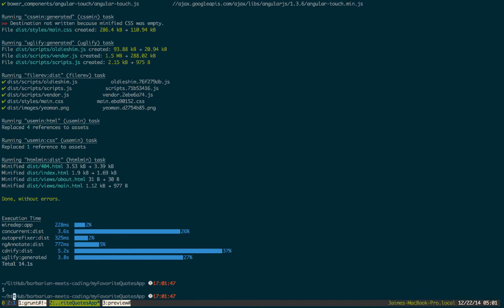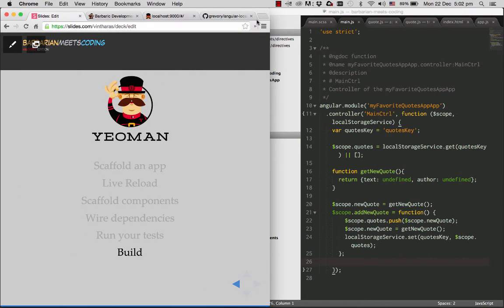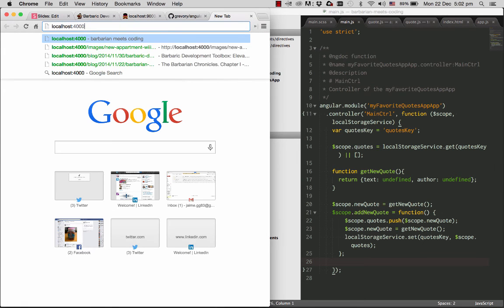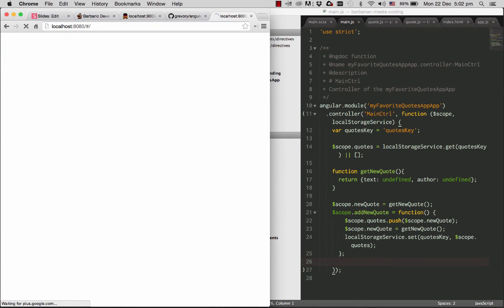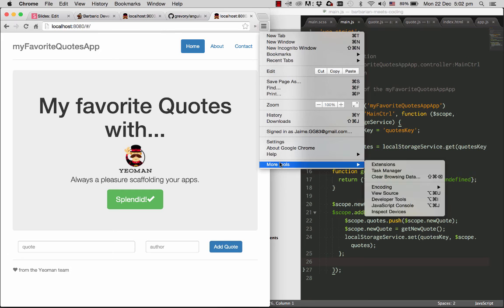And now if we start a server, my terminal is a little bit crazy. If we start a server, this time with http-server, a lightweight Node server on the distribution folder, we can go to localhost 8080. Now we can see we have the same app with the same features, but this time if we look at the developer console, developer tools,